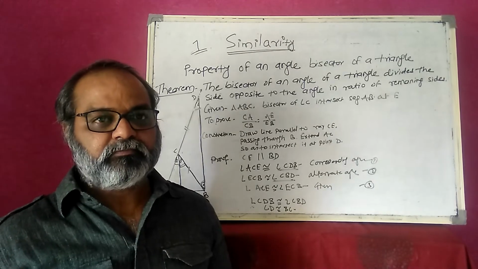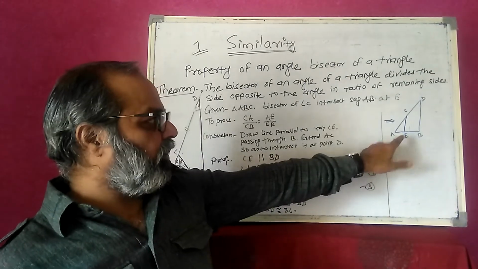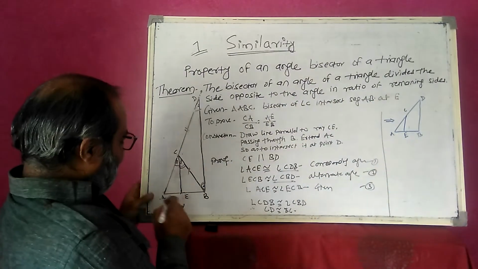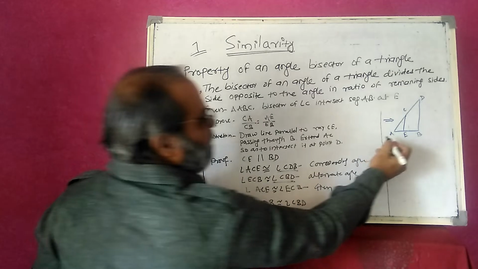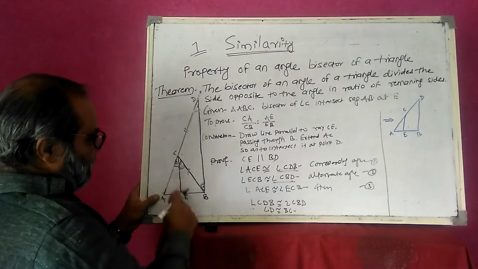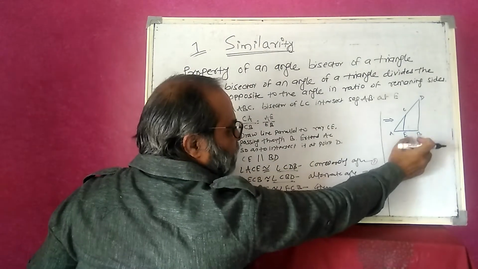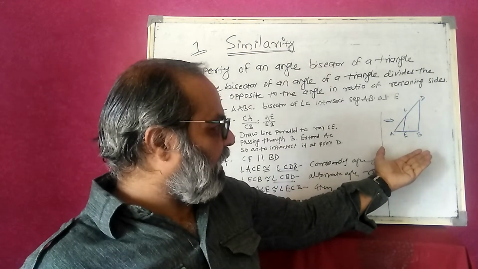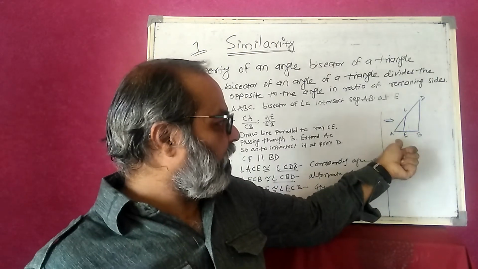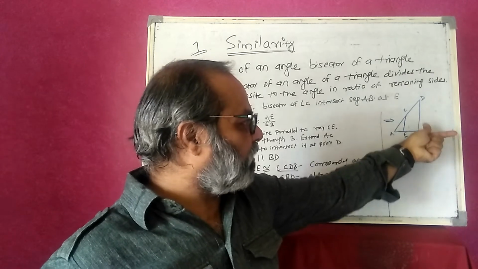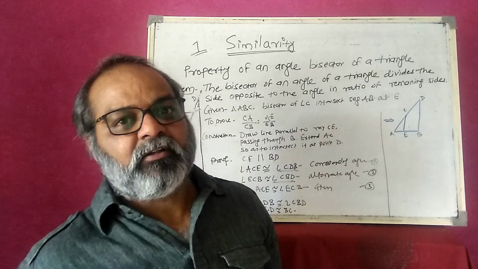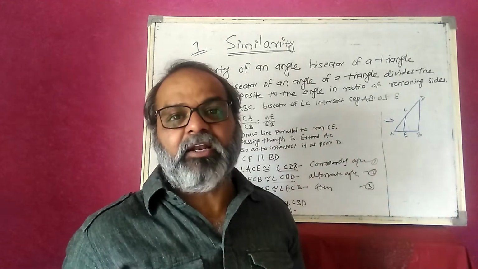Okay, now just concentrate on the figure I picked up from this one. I take triangle ADB. Here is angle ADB and this transversal CE is parallel to BD. Now in our previous class we learned that when a line is parallel to a side of a triangle and intersects the other two sides in distinct points, the sides are divided in proportion.